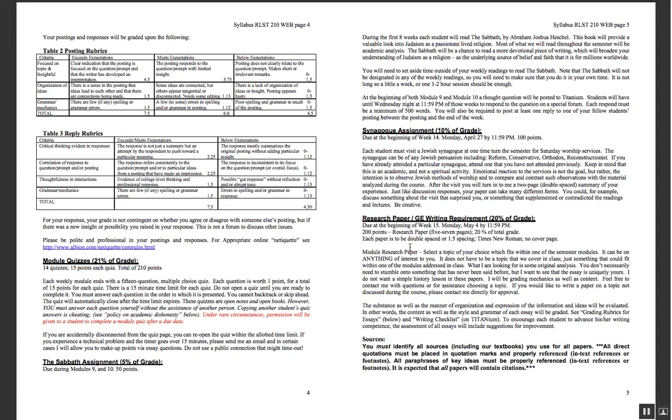All right, the next source of points is the research paper. This is 20% of your grade. You want to make sure that you put in a significant amount of time preparing for this. It's a 5 to 7 page paper, and it is on anything that you'd like to write on that's relevant to this course. Now, some people like that freedom, other people don't, because they don't know what to write on, and they'd much rather have a couple of different topics to choose from.